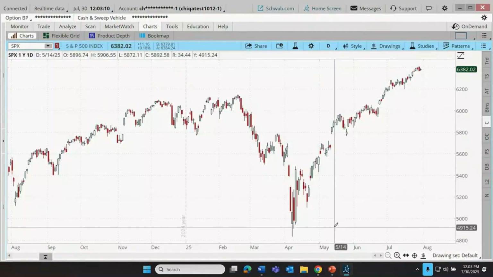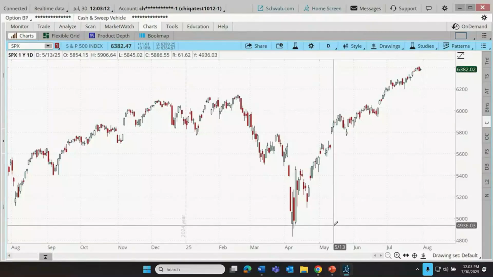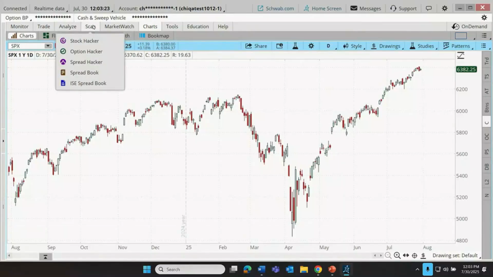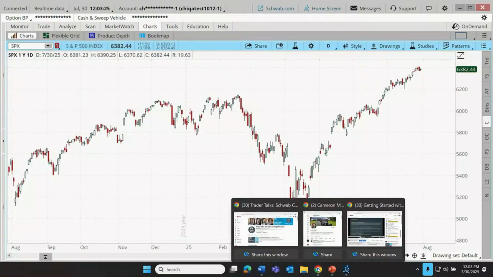And as I mentioned last time, in lesson 4, we went through getting acquainted with the Thinkorswim charting tool, very powerful tool. If you happen to miss that or the other 3 lessons, let me show you where those are found, and then we'll come back here to the Thinkorswim desktop and get into that scan function.